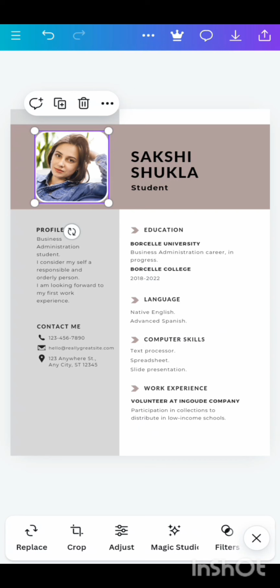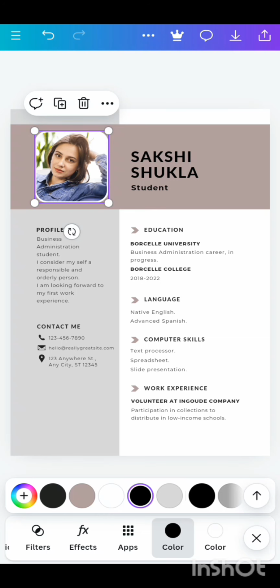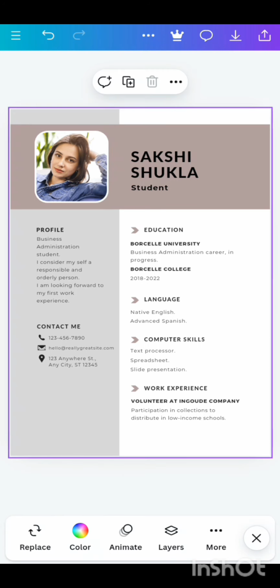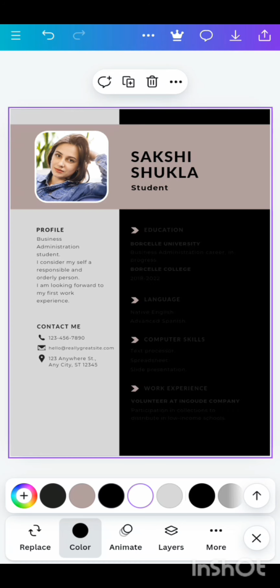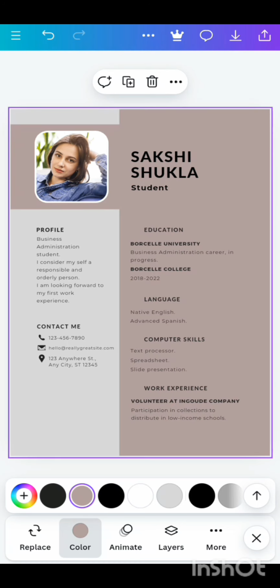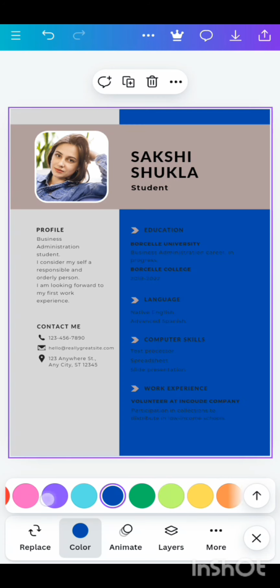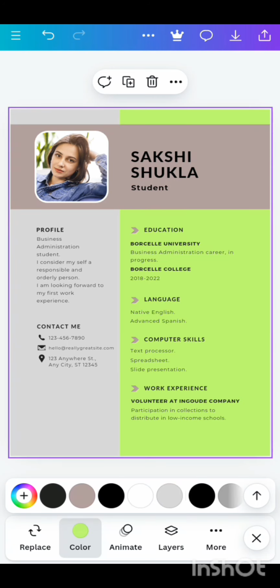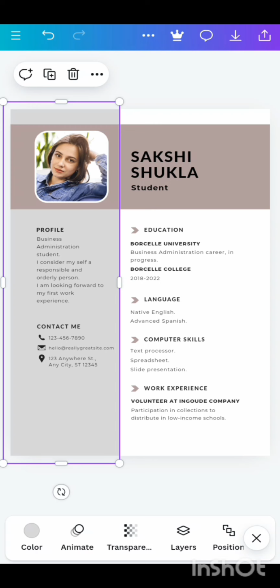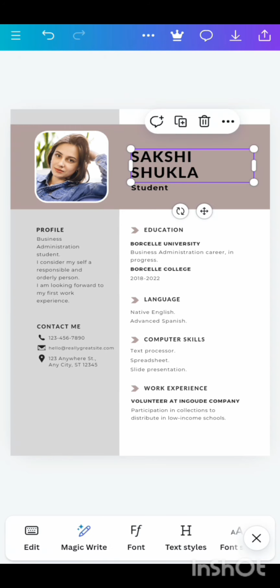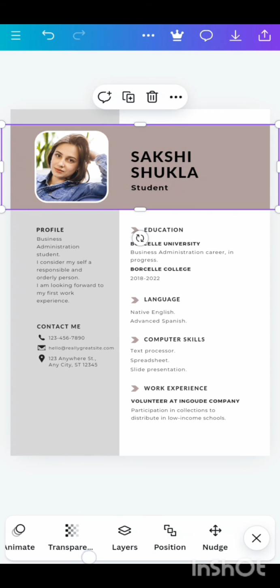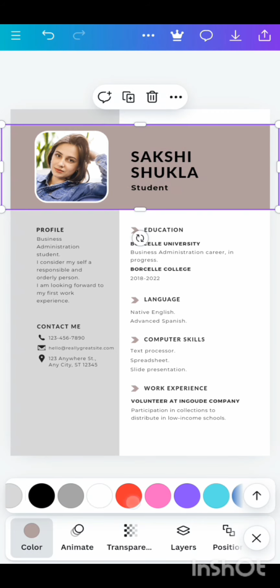And here you have a lot of options. If you want to change the color, you can change the color as well. Like this you can change your color, like if you want this color, then you can choose this color or white or any color, whatever you want for your CV. Yeah, this one is looking very bad. Yeah, so here also you can change the color. No, here you can't change, so let it be. If you want to change the color here, okay, yes, here also.